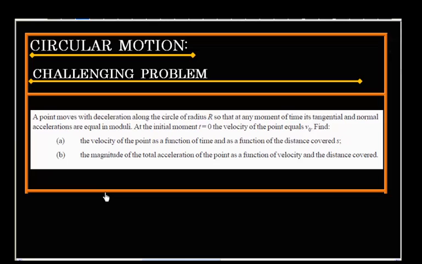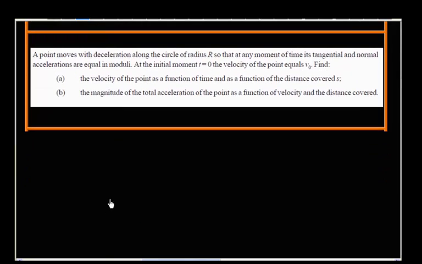Let us try this problem. A point P moves on a circular path